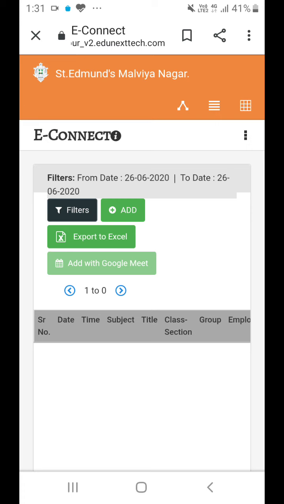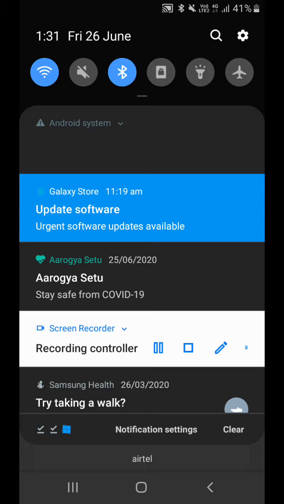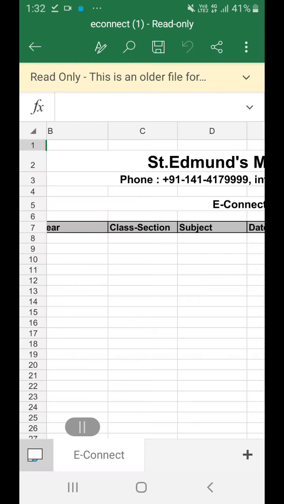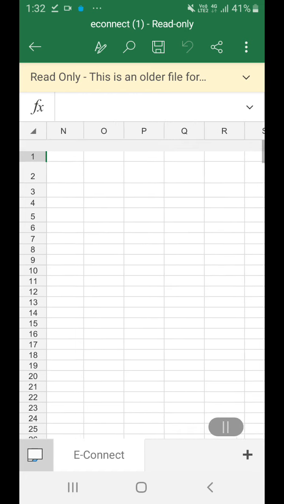Right. Now on 26th of June, I have designed this. Now I just want to check my schedules. Right. So I can export to Excel. So now the file is here only. You can check. It's just opening. When you are using Microsoft Teams, you can have all the Microsoft options like Excel, PowerPoint, everything we are having, right?